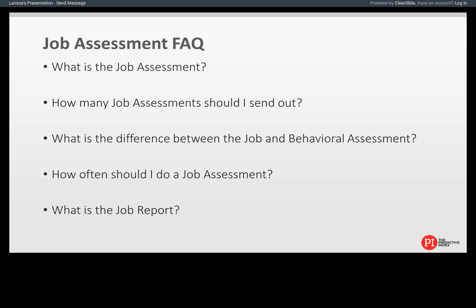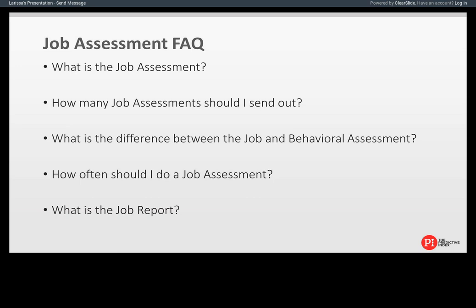How many job assessments should I send out? And what I'm referring to here is when you create the job assessment, you're actually sending it. So it's just like a behavioral assessment, slightly different, but you're sending it out of the system to a certain amount of people. We recommend between 3 and 5 people. I would not recommend less, one person. It needs to be definitely more than one person. And when you get into kind of the 8 to 10 range, there's a lot of negotiation in there. Not to say that you can't add more people, but the sweet spot really is 3 to 5 interested stakeholders.